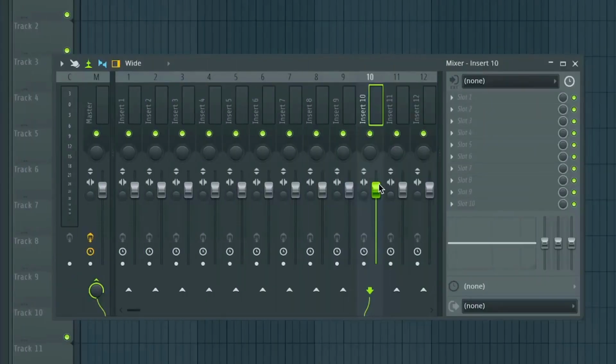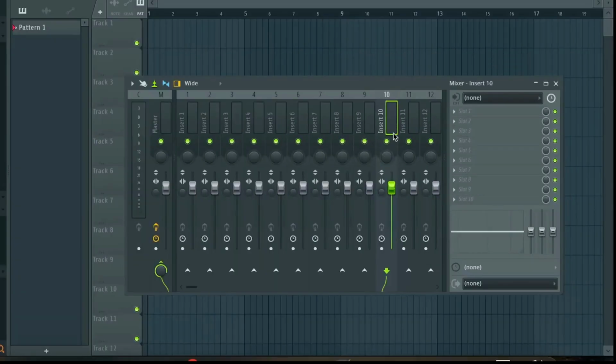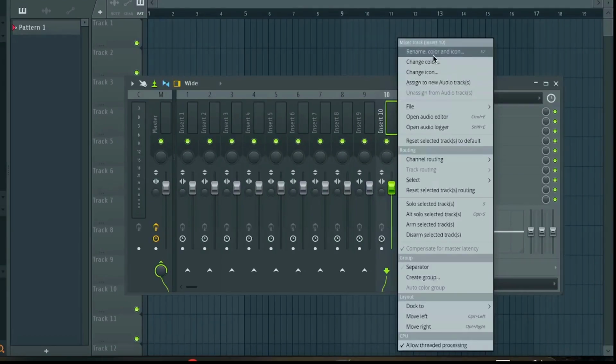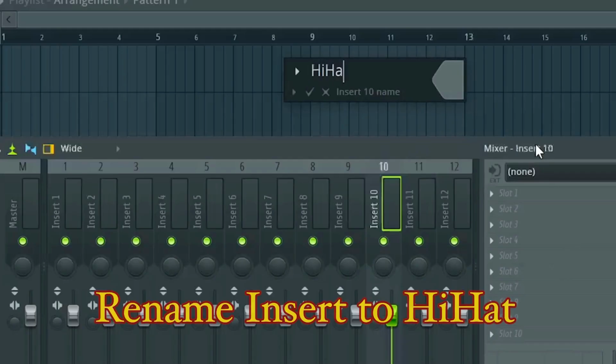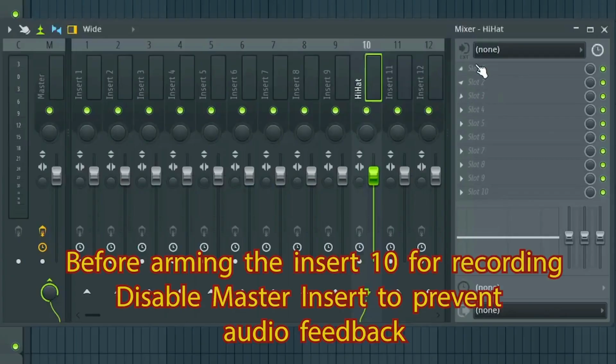Now I will start recording audio. I am using the mixer, and in the mixer I am selecting insert 10. I will rename it, so I will record some hi-hat, so I am renaming it to hi-hat at the moment. Before arming it, I will disable master audio because it will cause feedback and it will be a problem,